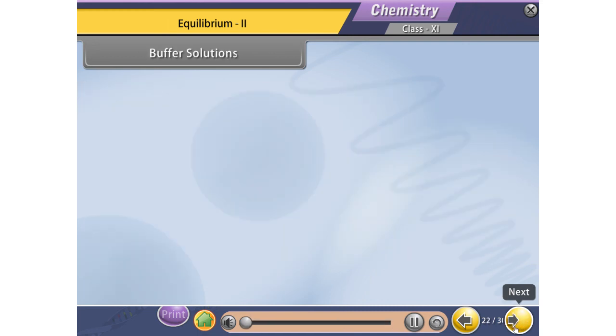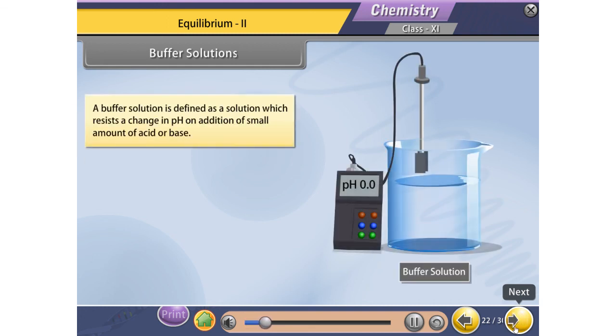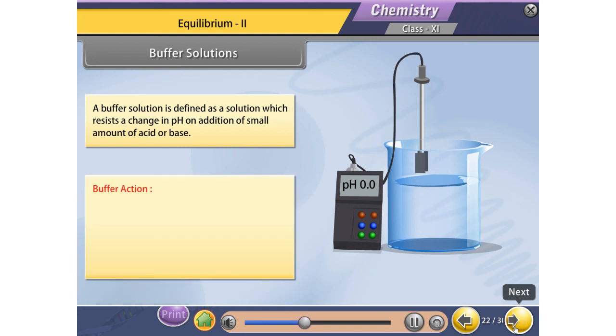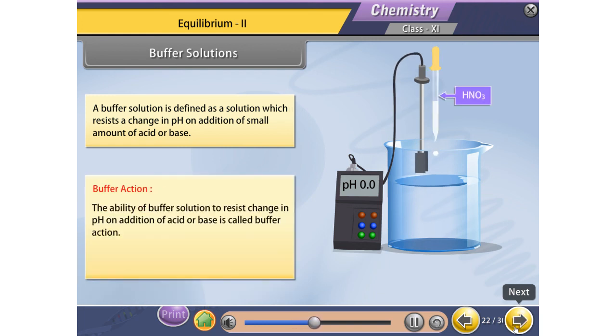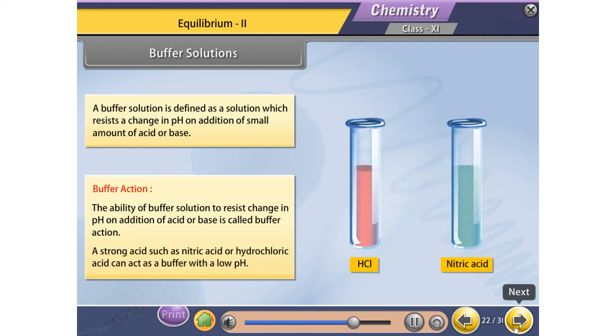Buffer solutions. A buffer solution is defined as a solution which resists a change in pH on addition of a small amount of acid or base. Buffer action: the ability of a buffer solution to resist change in pH on addition of acid or base is called buffer action. A strong acid such as nitric acid or hydrochloric acid can act as a buffer with a low